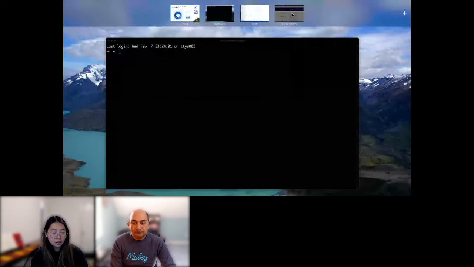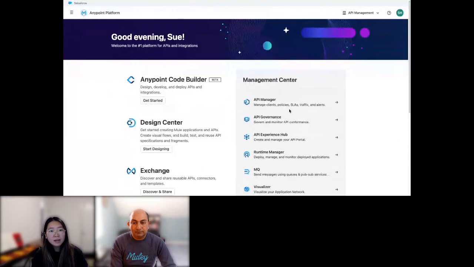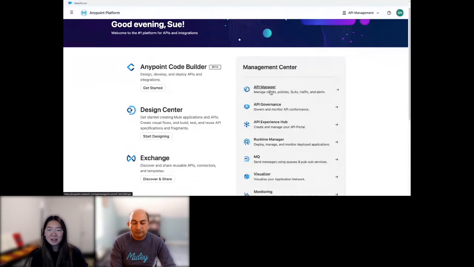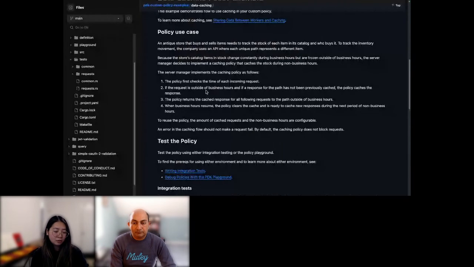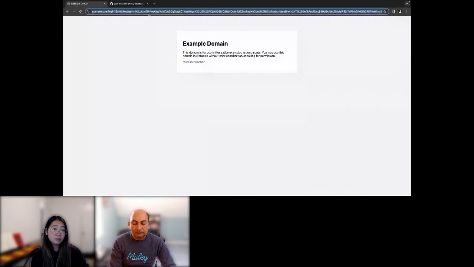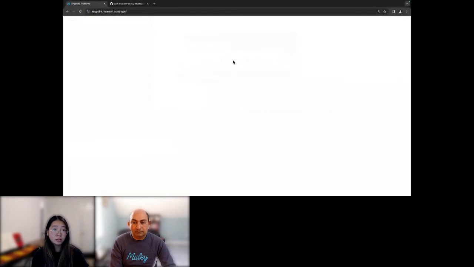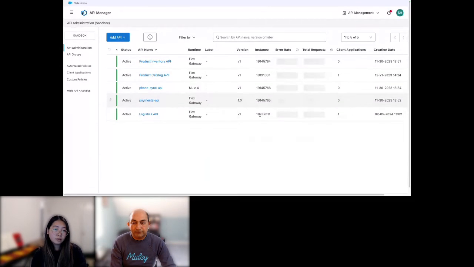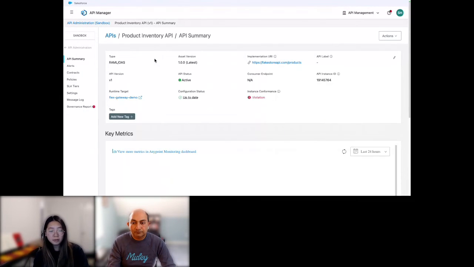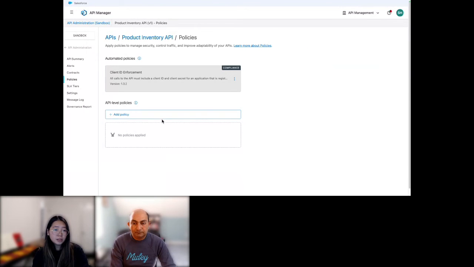Okay, so this is Anypoint Platform. I'm sure all of you have seen it before. And from here, we can go into API Manager. Let's log in again. All right, so I have a couple of APIs. And now if I go into policies,